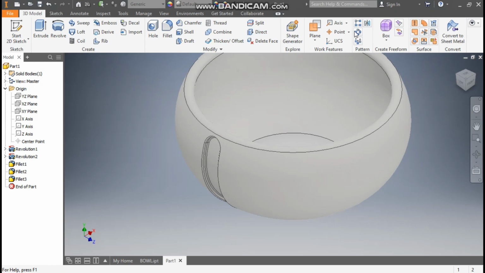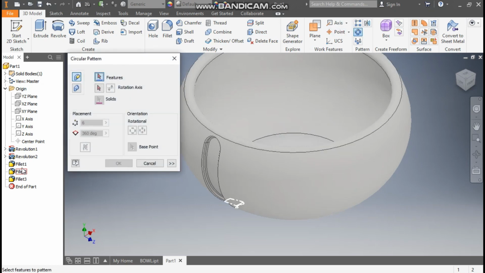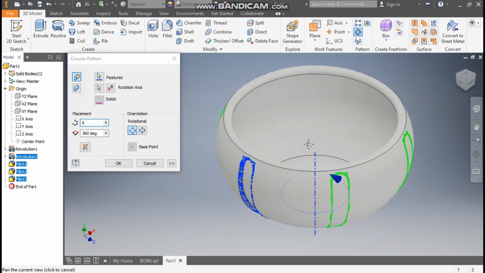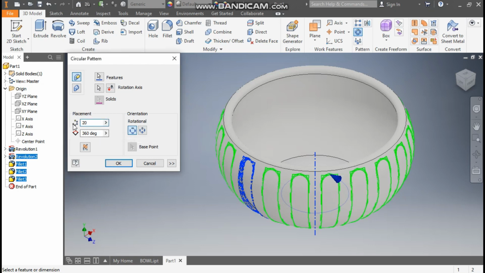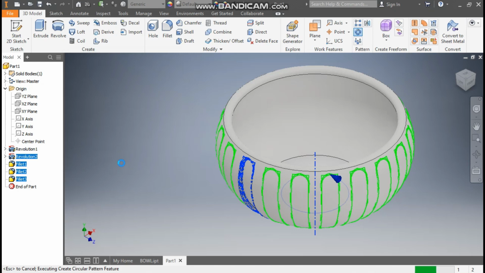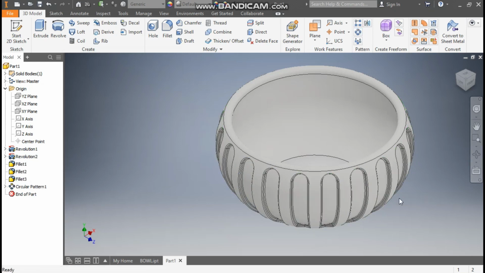Now here take this circular pattern, select revolve 2, fillet 1, 2 and 3, go to rotation axis and select the y axis. Here it will ask you the count and the degree of revolution. Here we are going to take a count of 20 and this will be filled up to 360 degree, okay. Now press ok. So it will construct the pattern over here, okay. So this will be the pattern,